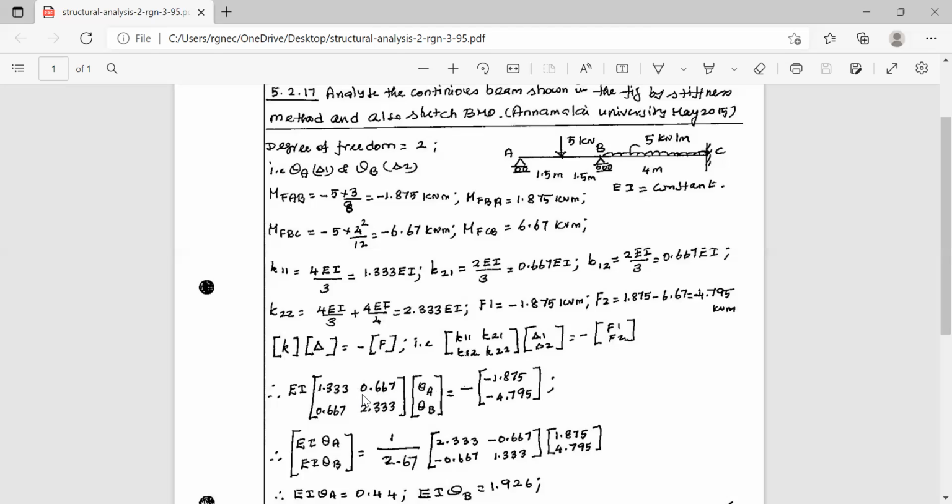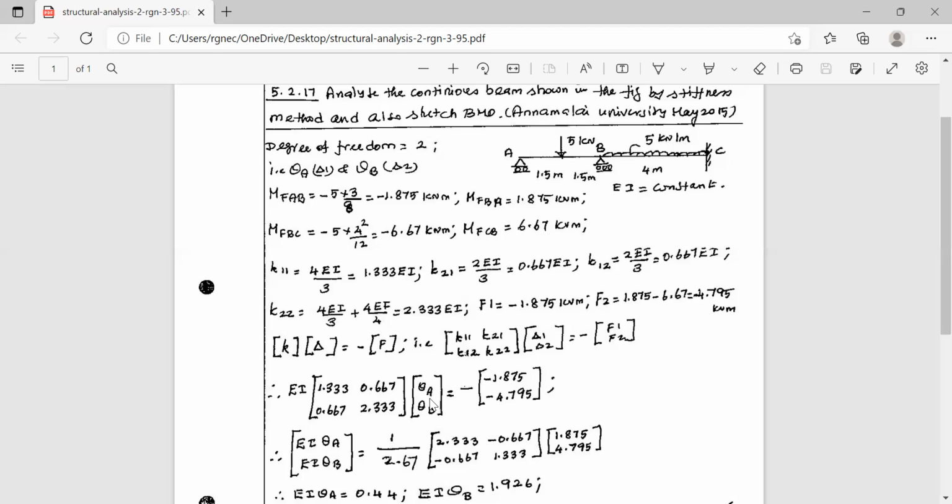This is the stiffness and this is theta A and theta B. So this is the total moment induced due to rotations theta A and theta B, because the stiffness coefficient refers to the moment caused by unit rotation. The actual rotation is theta A and theta B. So if the moments are multiplied by theta A and theta B,